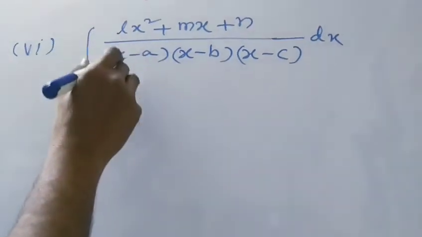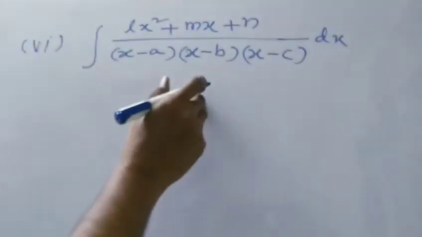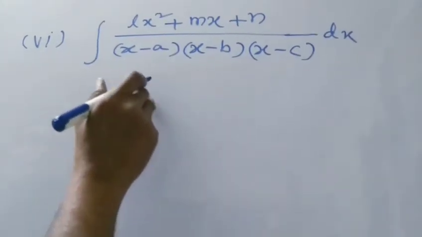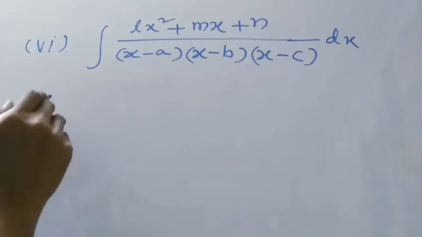Here in the denominator three factors are given, x minus a, x minus b and x minus c. So according to the partial fractions, it can be split into three factors, that is like this: